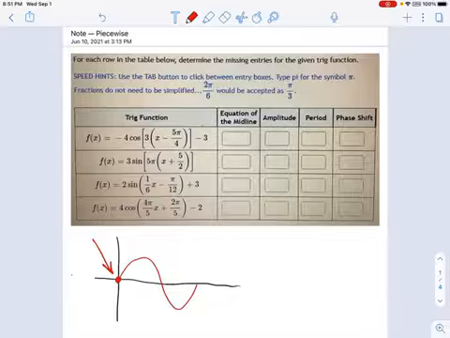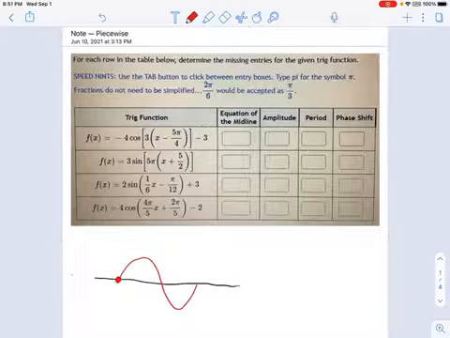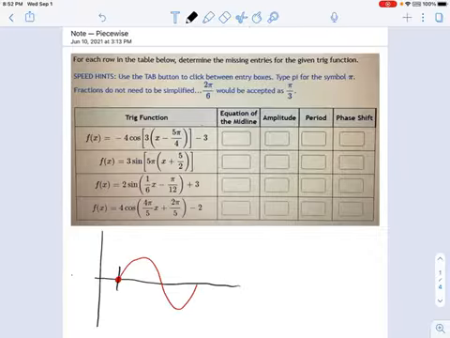But what we're doing now is we're saying, hey, that's not going to be the case anymore. Let's try a new xy coordinate, something like this. And you see that the phase shift, the starting point of the parent function trig graph, is no longer on the y-axis. That means we have a non-zero phase shift. So this value right here, you can think of this as h, and that is the phase shift.